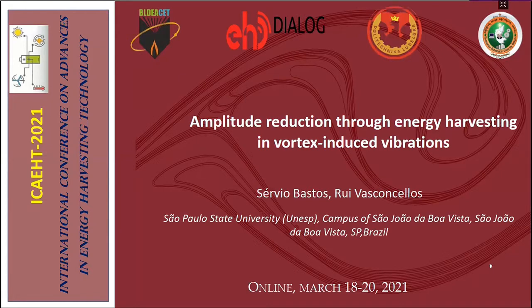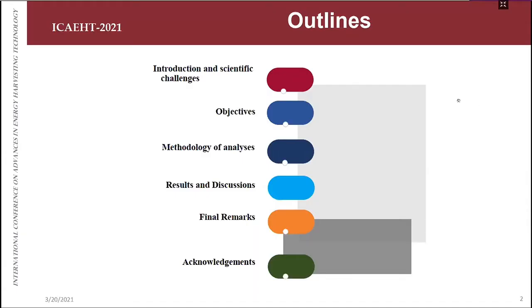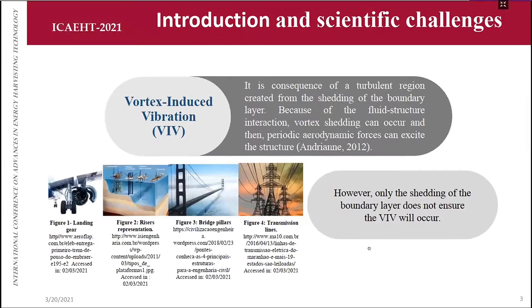And I'm going to talk about amplitude reduction through energy harvesting vortex-induced vibration. The outline of this presentation is based on introduction and scientific elements, objectives, methodology of analysis, results and discussions, final remarks, and acknowledgements. So, structures with cylindrical shape are widely employed in engineering, for example, in gears, aircraft, risers, bridge